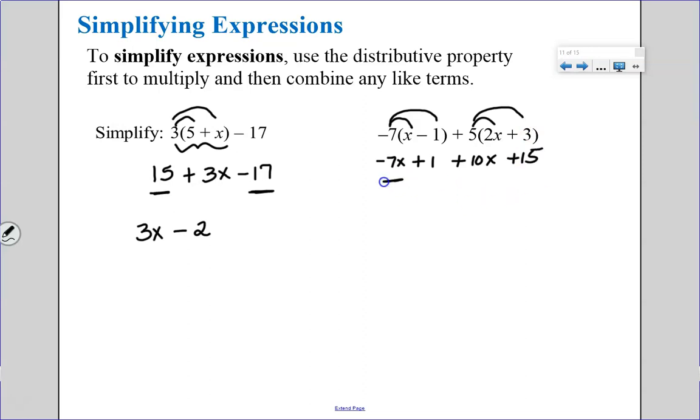Now looking again at like terms, these two are like terms, these two are like terms, so I can combine them together. A negative 7x and a positive 10x, well, one is a positive, one's a negative, so I'll find the difference between those numbers, which is a 3. The larger number is positive, so it's going to be a positive 3x. Positive 7 and positive 15, they're both positive, so the answer is going to be positive. It'll be a positive